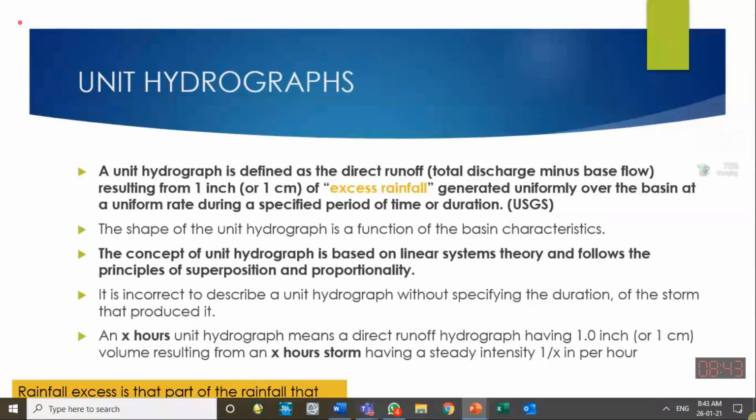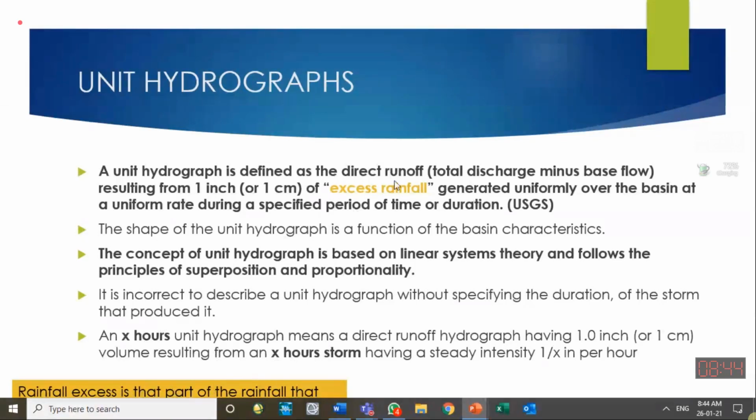Don't think that when we take a larger storm duration, then we should increase the rainfall volume also. The rainfall volume should be 1 inch, whatever may be the storm duration. Although actually when rainfall occurs for 3 hours, maybe it gives you a total volume of more value, say 10 inches of rainfall. So when making the unit hydrograph, we will divide it to normalize it to 1 inch rainfall. This will be required in the later part.